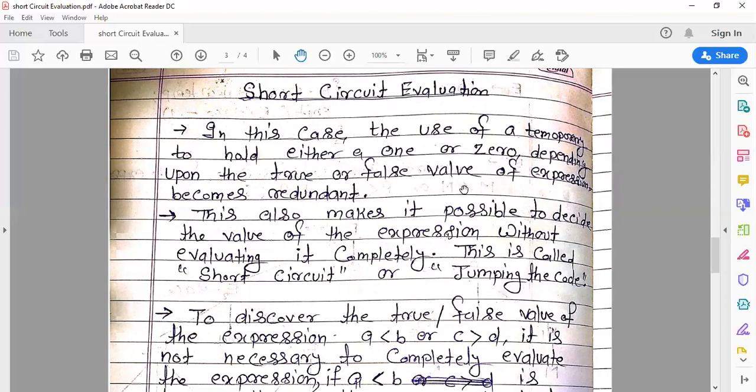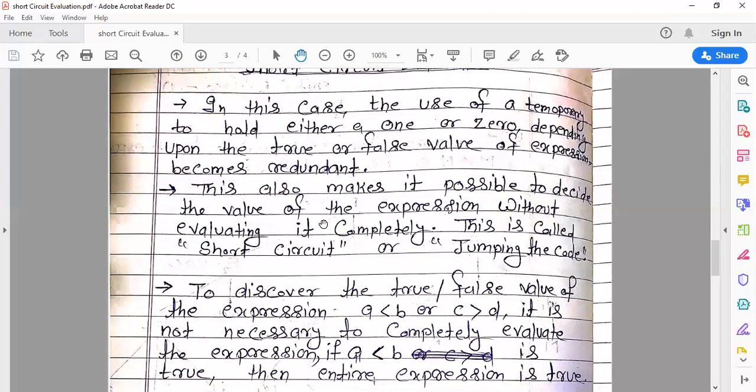Using T1 and T2 increases the redundancy. And the second thing is that this also makes it possible to decide the value of the expression without evaluating it completely. This is called short circuit or jumping code.